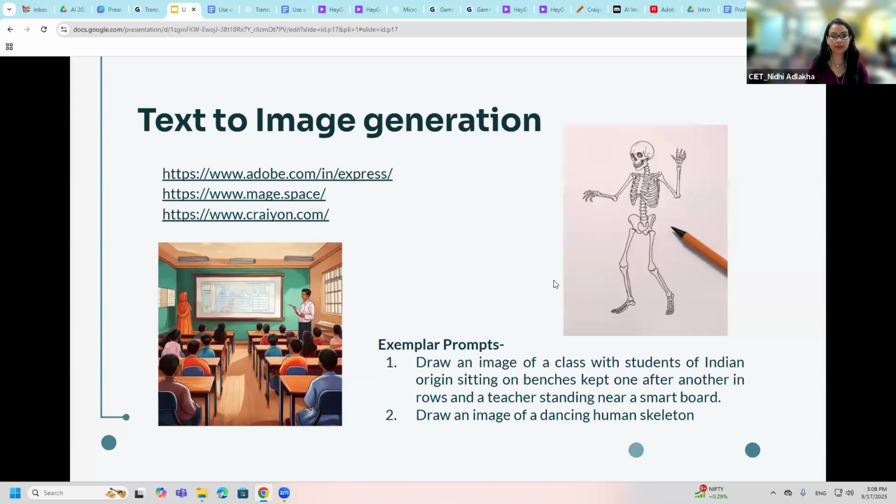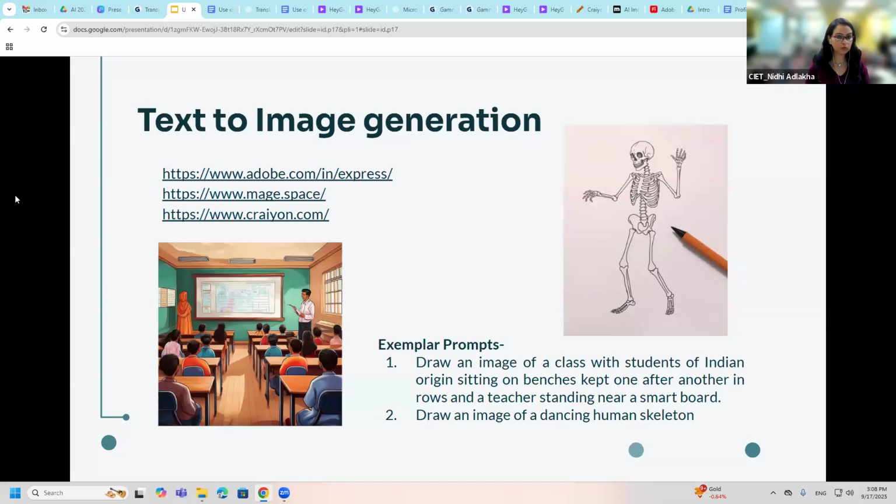So you must have tried and you must have found that sometimes we get the appropriate image, sometimes we do not get appropriate image. So we need to modify our prompt. So the most important thing is prompt. So yes, thank you so much. I can see that many of you have tried creation of the images with the help of different types of